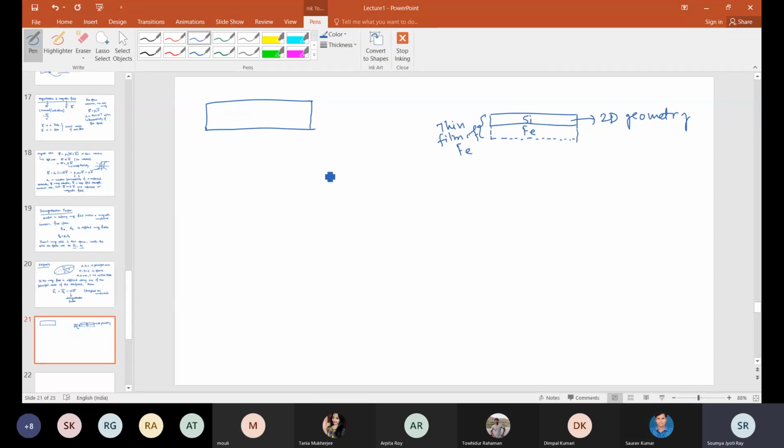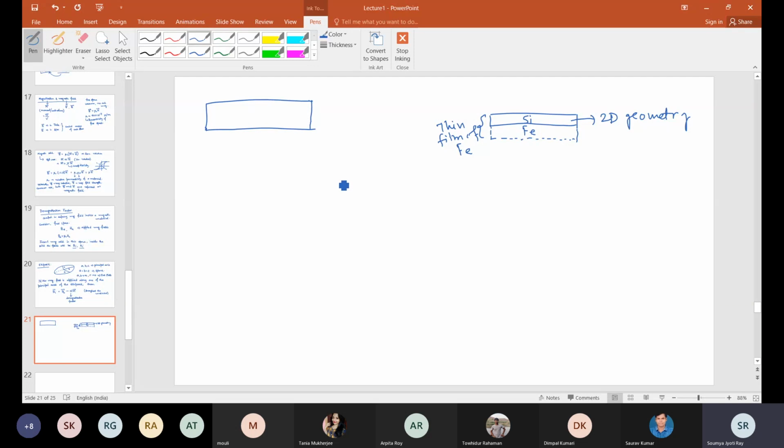Let me make a much simpler example. Have you seen your computer motherboard? You have a green color something on top of which lots of chips are kept. It is something similar to that, not exactly the same.